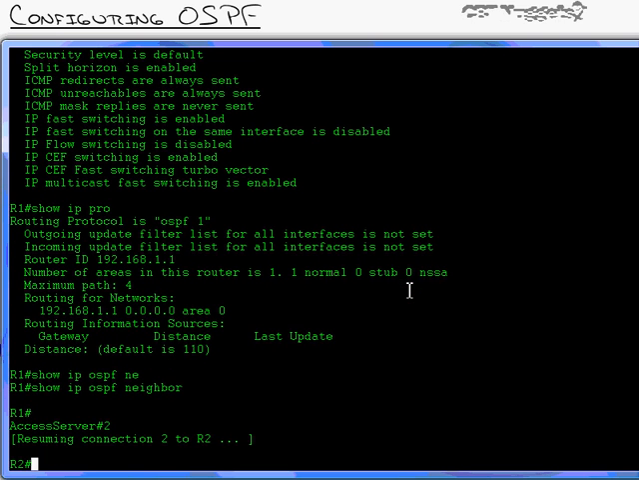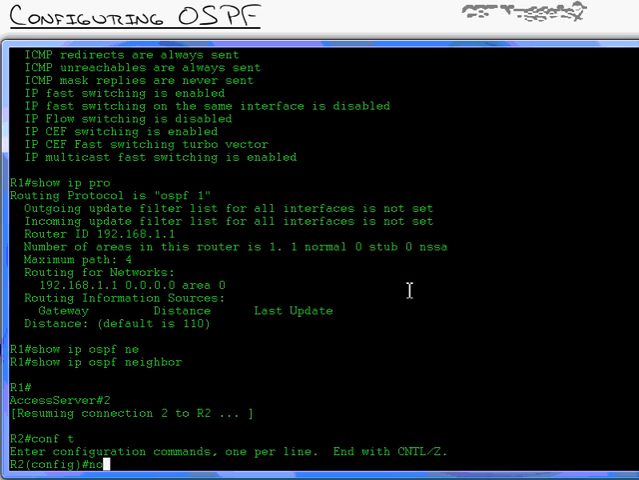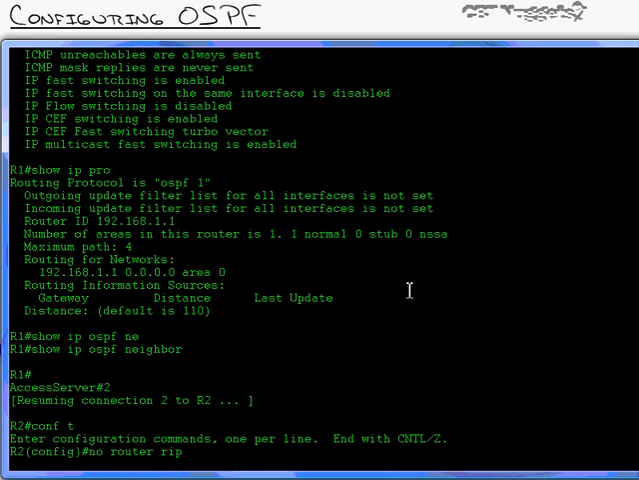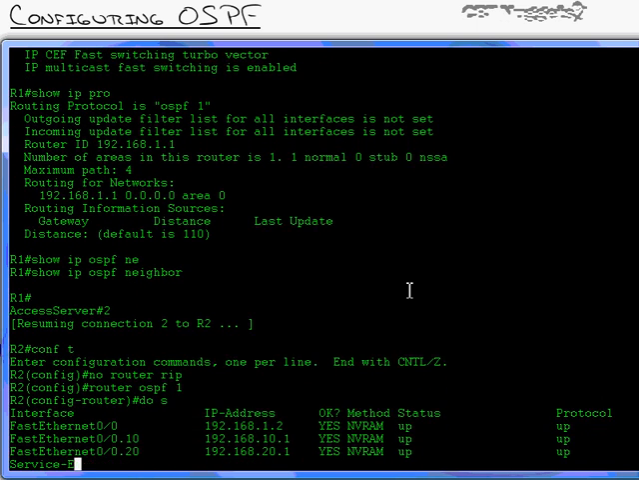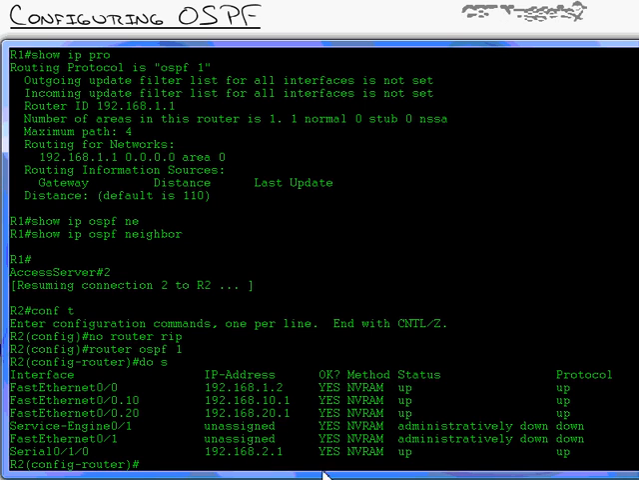Router 2, and I'll do config T, no router RIP. Goodbye RIP. It is now disabled on router 2. Router OSPF 1, let me do that. Do show IP interface brief, and there's all my interfaces on there. Let's use the wildcard mask to our advantage here. I'm going to do network